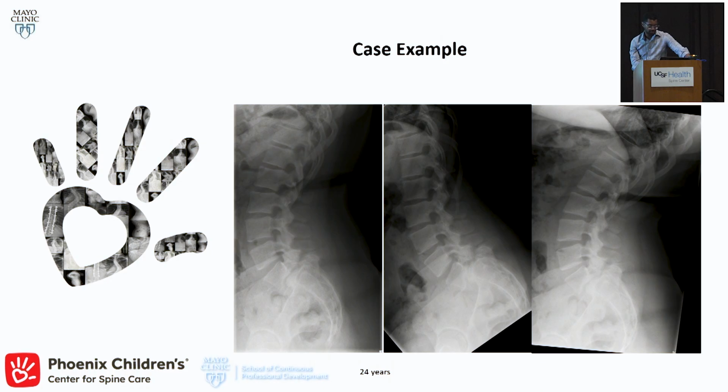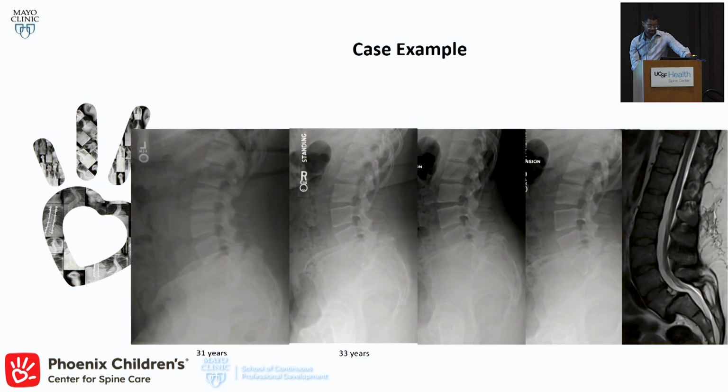And then when she was 24, she started having some additional dysplasia of her sacrum and pelvis, and the lysis worsened, and her flexion extension changed. I was trying to think of different opportunities to allow for an improvement. But what I noticed is that her lumbosacral angle didn't substantially change, and she had quite a bit of reduction, even though she had a grade 3 or even a grade 4 slip on her